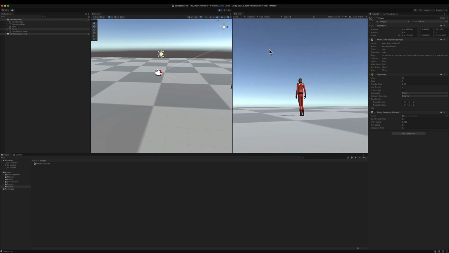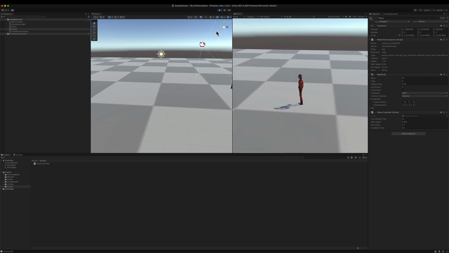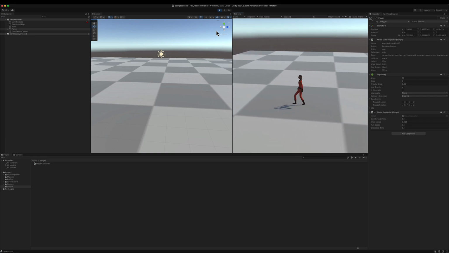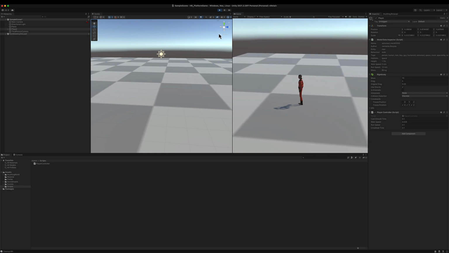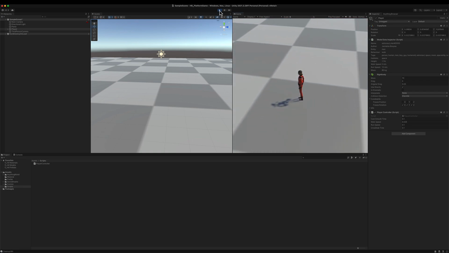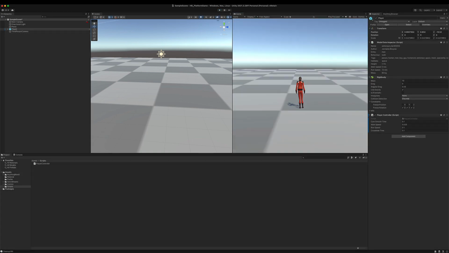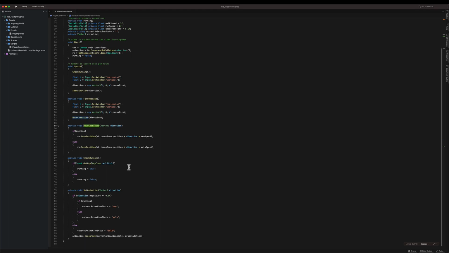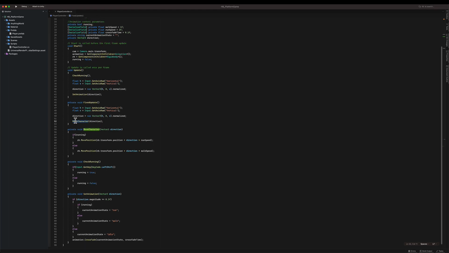Now, as I said, let's fix the issue that, when my camera is looking this way and I press forward, I want my character to go in that direction, right? So I want to rotate the character to move towards where the camera is facing. To do that, I'm going to go back to Visual Studio. And here in my FixedUpdate, before I call MoveCharacter,